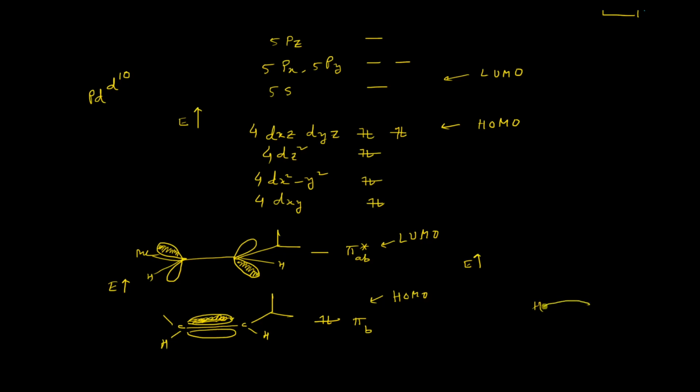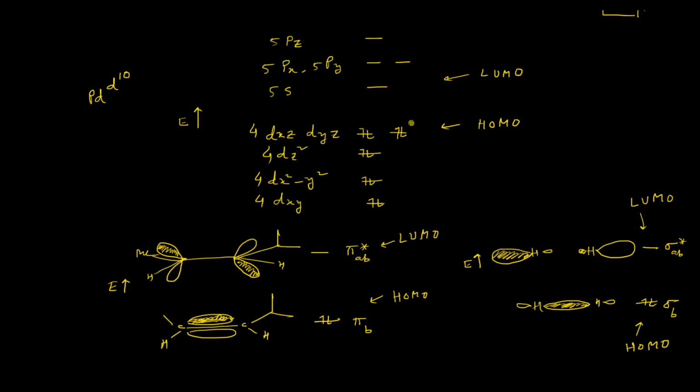And now lastly, if we consider the molecular orbitals of the hydrogen molecule, then the bonding orbital of the hydrogen molecule will look like this and the antibonding orbital will look like this. So the bonding orbital contains 2 sigma electrons and the antibonding orbital is basically vacant. So it is sigma star antibonding, it is sigma bonding. So here this is the LUMO and this particular orbital is HOMO, that is highest occupied molecular orbital.